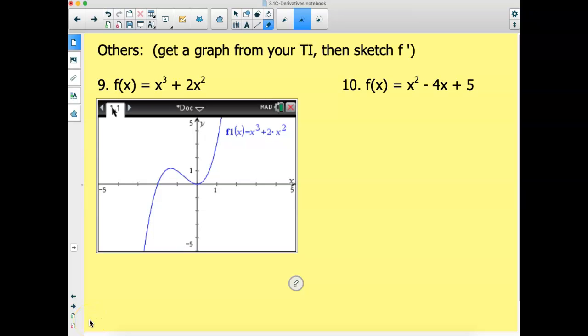I guess it's 3.1C day two. We're in section 3.1 for a few days here. A lot of very important stuff. This graph interpretation that we've been doing, I can promise you on the AP test, you will have to not necessarily draw a derivative from the original function, but we need to be able to do all this interpretation, such